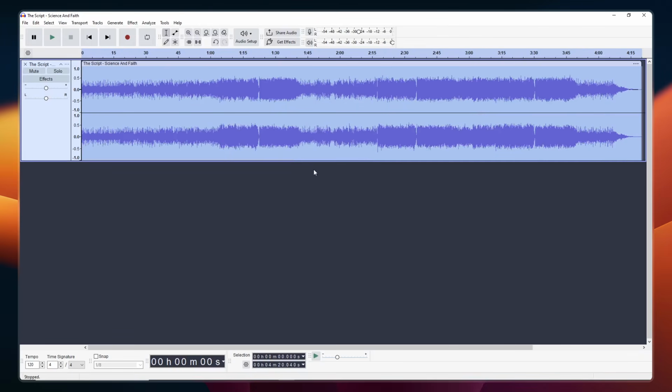Finally, to hear your finished work, click the play button in the upper left corner to preview the final result. And that's it! You've successfully created a walkie-talkie sound effect in Audacity, transforming your regular audio into that classic compressed radio